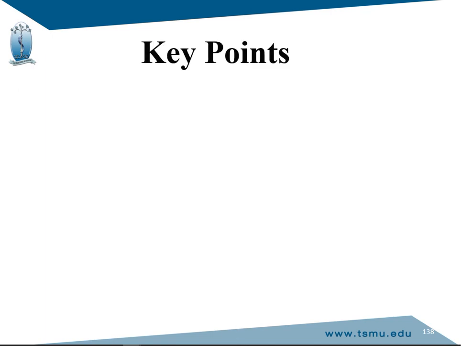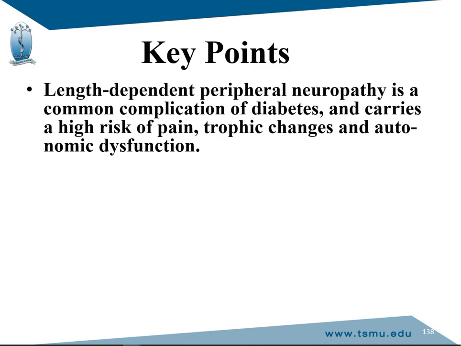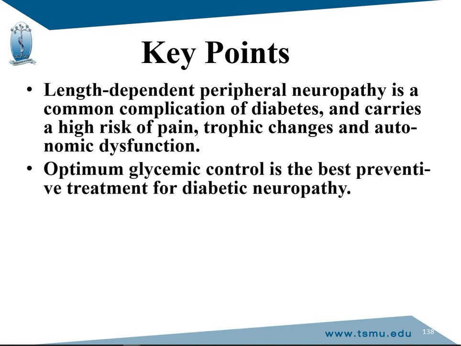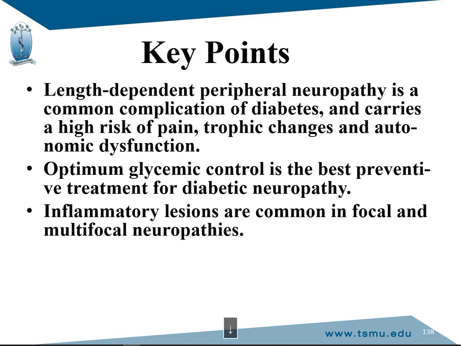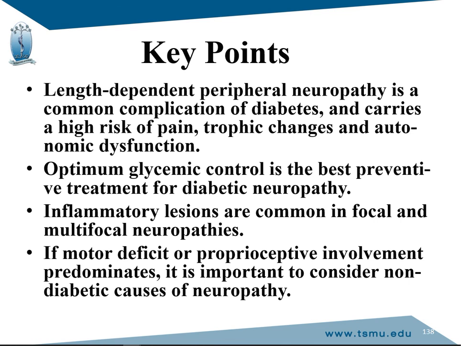So, key points. Length-dependent peripheral neuropathy is a common complication of diabetes and carries a high risk of pain, trophic changes, and autonomic dysfunction. Optimum glycemic control is the best preventive treatment for diabetic neuropathy. Inflammatory lesions are common in focal and multifocal neuropathies. If motor deficit or proprioceptive involvement predominates, it is important to consider